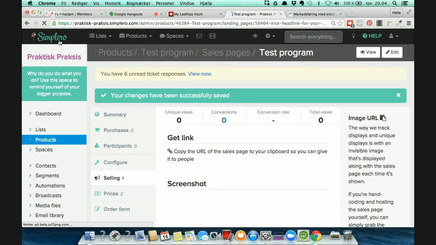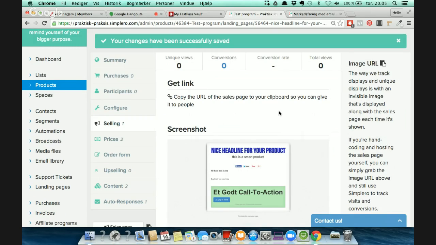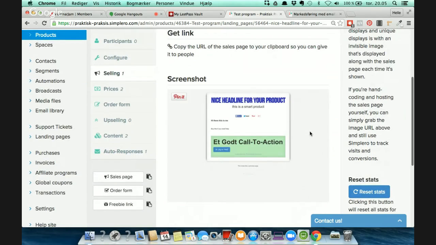And immediately when you save it, it will jump out. So don't be alarmed. It's not going to just save it and leave you there. It's going to save it and put you out here where you can see it again. And there will be a little moment before it creates the screenshot, but then you can see your screenshot here,